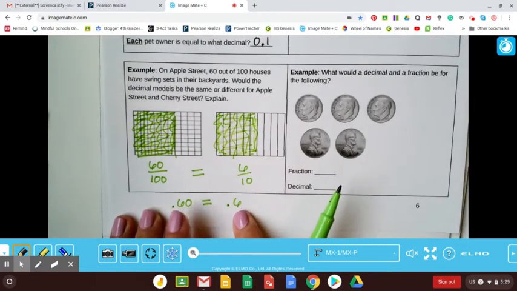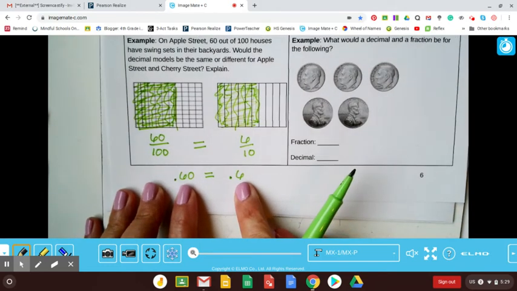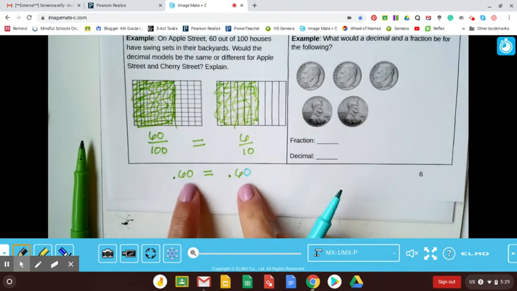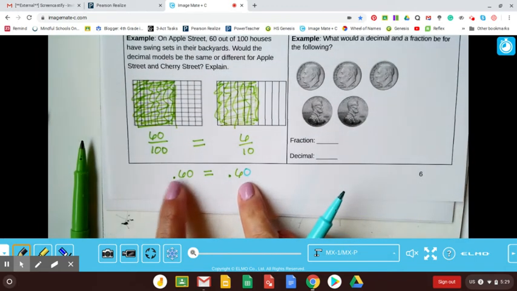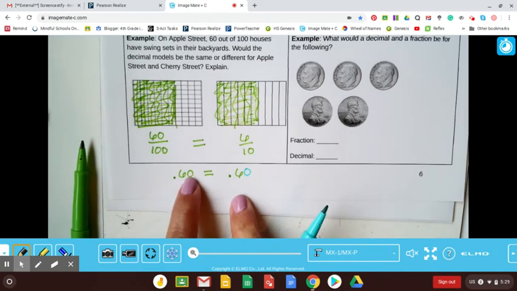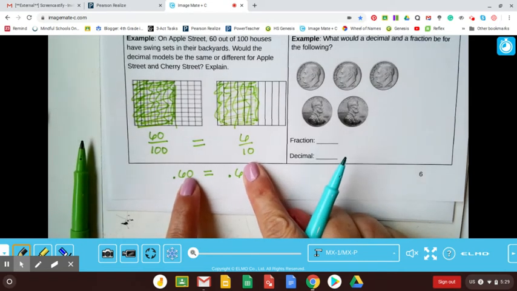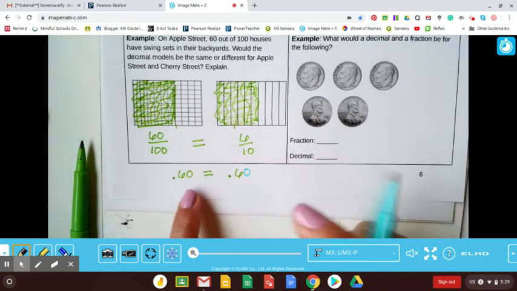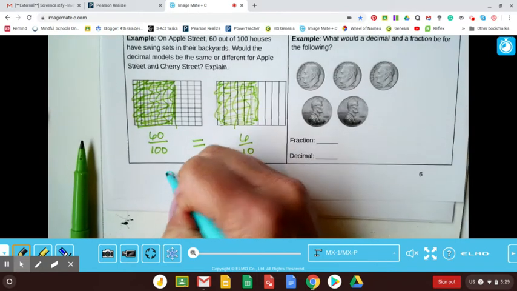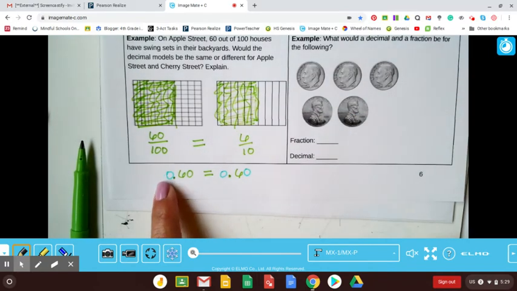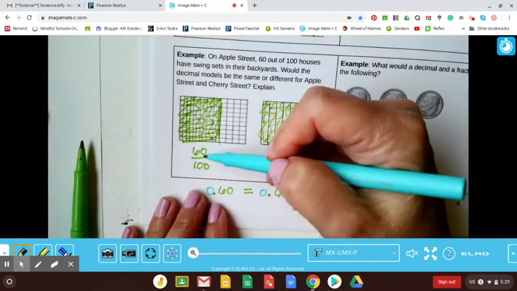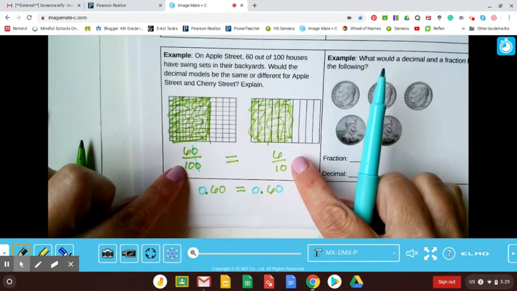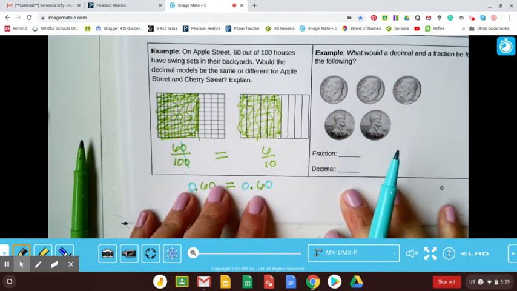And the cool thing about this, where I'm pointing right now, is that all we would have to do is add a placeholder 0 for these two to look identical, right? This we would read as 60/100ths, and this one without the 0 we would read as 6/10. But if I wanted to add that 0, I can, and of course if I want to add zeros in front, I am welcome to do that as well. And I do like my little trick of crossing off those zeros, and it's just a visual that lets you see that these two are equivalent fractions indeed.